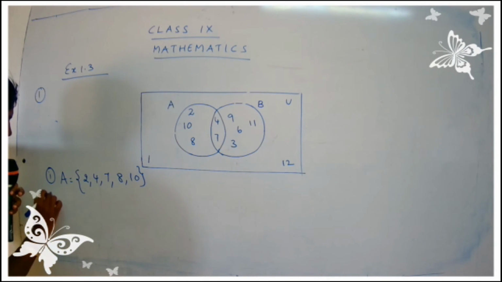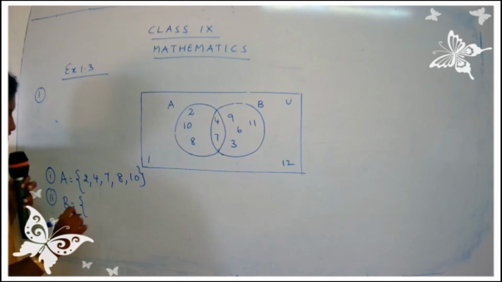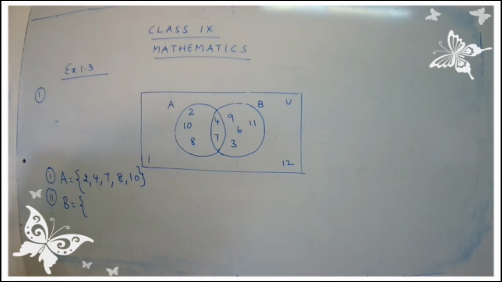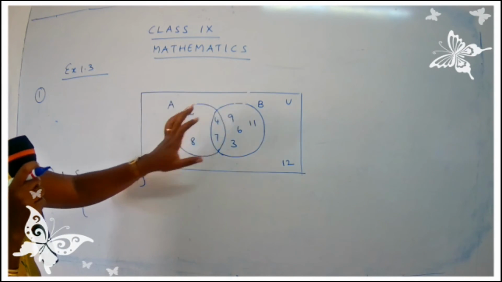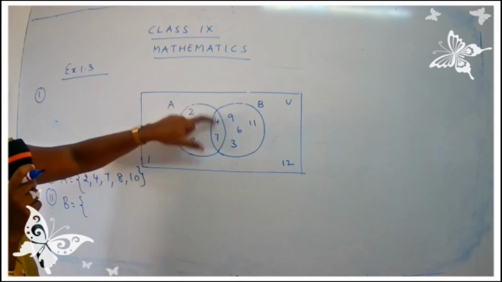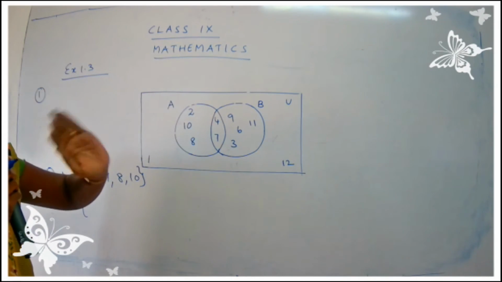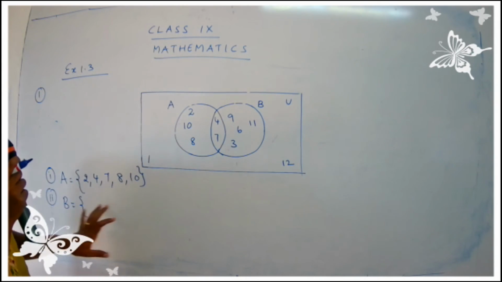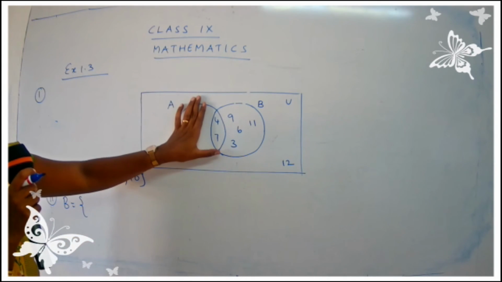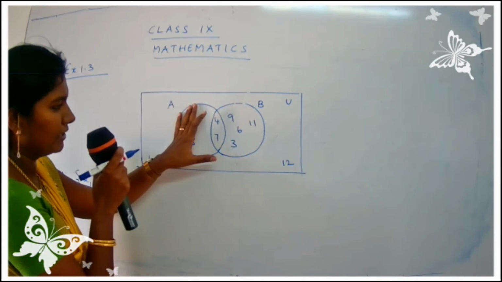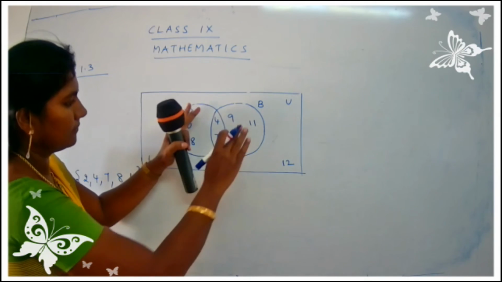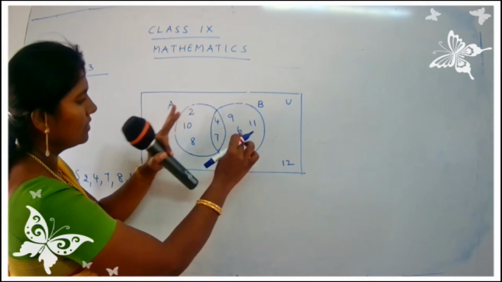Similarly, the second one is for B. You have to find out the elements of B, children. Let's go for B. Now when you go for B, you have to just keep a hand over here. So what is left, children? And don't get confused. You may ask, ma'am, this 4 and 7 is coming in both the cases. That we are not going to worry about now. Just go for the B element. So B, keep a hand over here. You have to focus on the B part. Clear? Getting the point here. So where is the B part? See. So you have 3, 6.